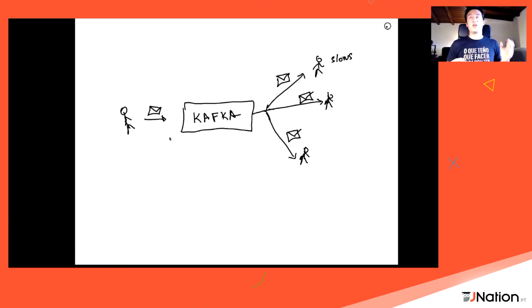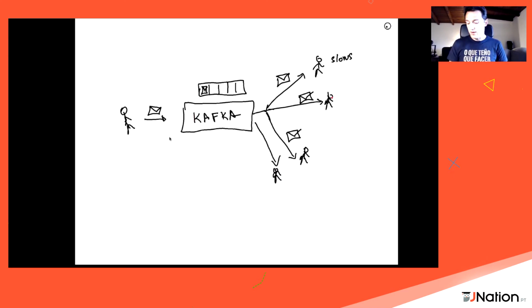The other particularity or benefit of Kafka is that when we send a message or data to Kafka, Kafka is going to store it internally in a log file. And once it's read by the other consumers, Kafka still keeps that file internally. So if we have a new consumer, that consumer can choose to read from the very beginning, or can read just the newest, but you have that election.